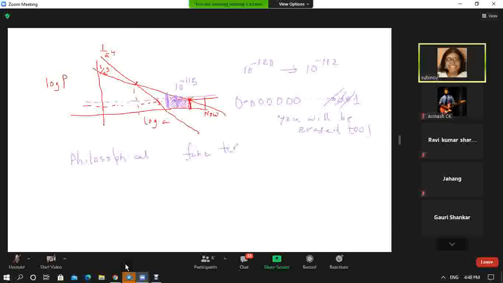Because fine-tuning means what? When we don't know the value, why it is so much less. So lambda observed, 10 to the power minus 120 of lambda theory, is such a nice fine-tuning. Putting so many zeros is needed